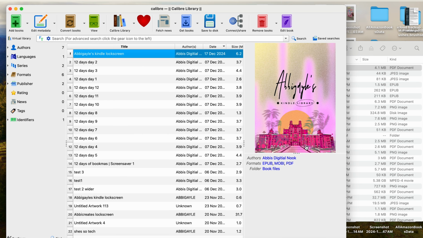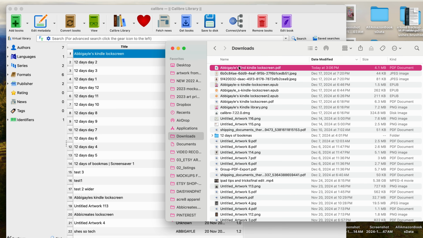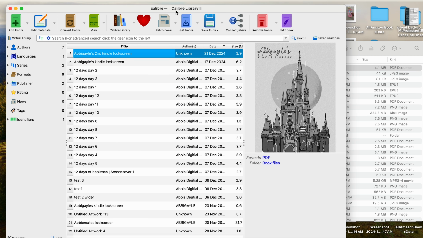The app I like to use is called Calibre. It allows you to organize your book library and also house any screenshots or PDFs or anything that you want to load onto your Kindle. You'll have to Google search to get the download links for this, but I use it pretty much just for my lock screens. So I'm basically just dragging the PDF document that I created, which is my design, and dropping